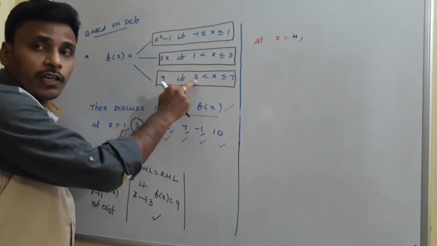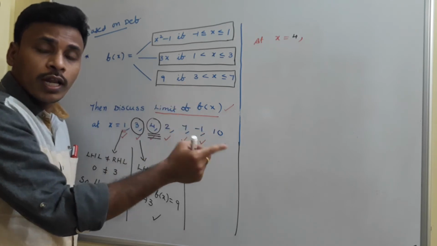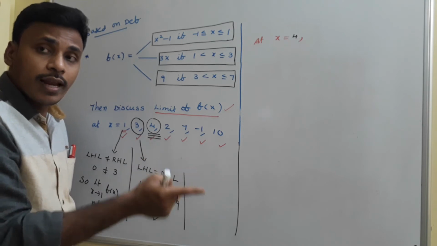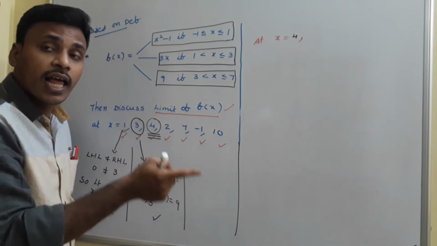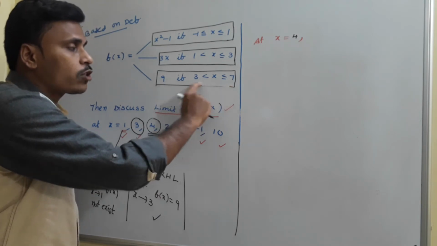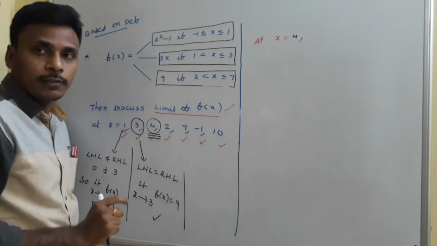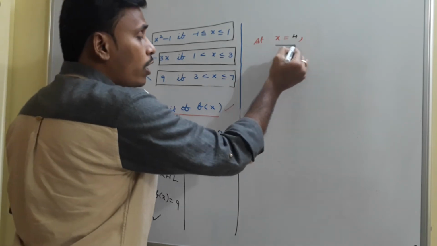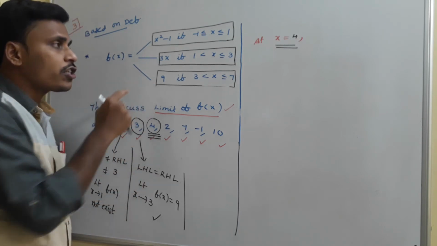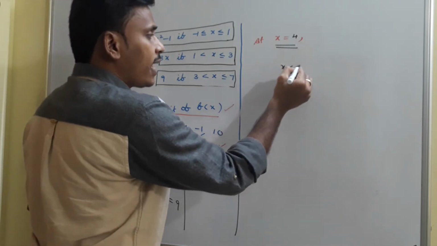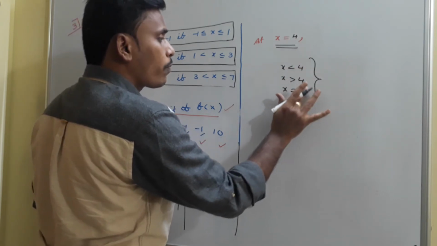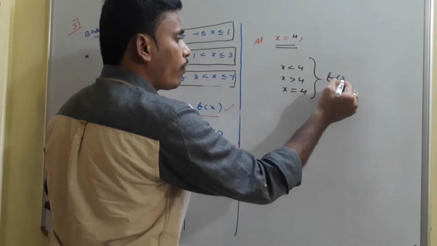So for more than 3, 4, less than 4, more than 4, 5, less than 5, more than 5, 6, less than 6, more than 6, 7, less than 7, only less than 7. For all those points of x, the function is simply 9 only. That in the sense, in the surroundings of 4, either on the left side as well as the right side, the function definition is the same. Okay, so as x less than 4, x greater than 4, or x is equal to 4, in all these cases our f of x is simply 9.